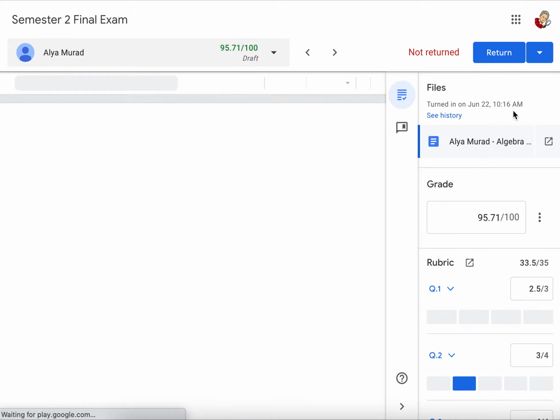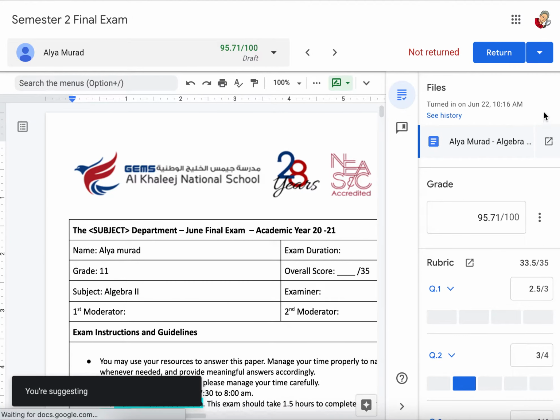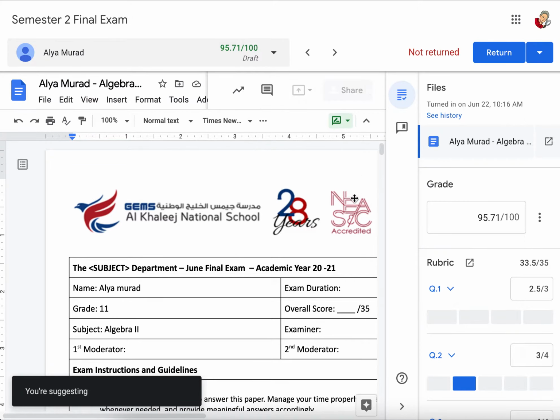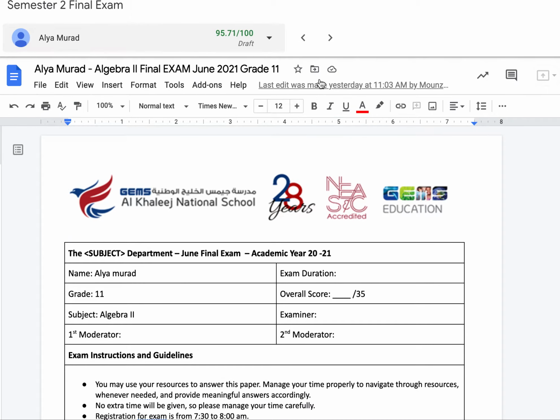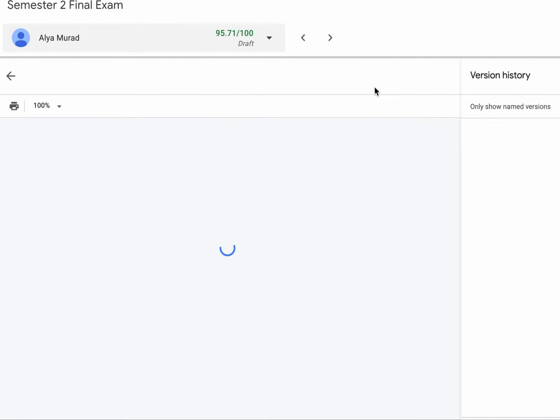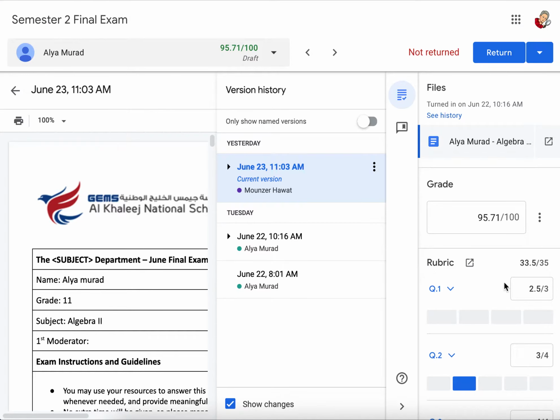Again, 10:16 a.m. That's very, very late. Worrying because it's way over the time. Let's go to the document. Go to the history. Last edit. You can see Mr. Munzer already graded this. Now, the reason I like this one is because you can see how to understand the